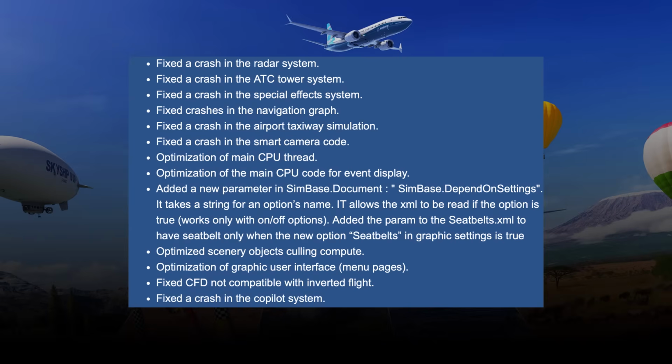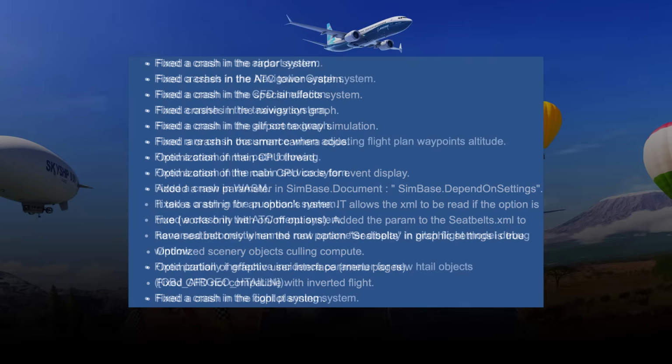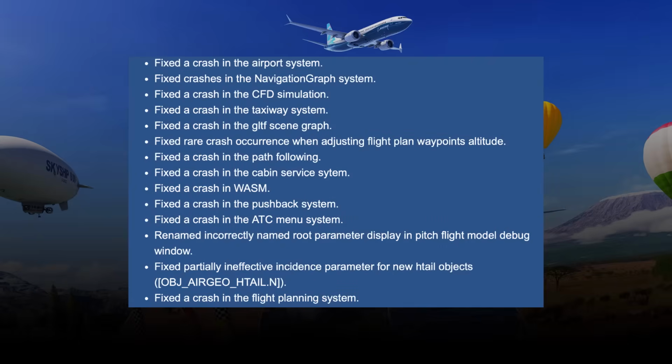Optimization of main CPU thread and optimization of the main CPU code for event display. Optimized scenery objects culling compute and optimization of graphic user interface menu pages. And now we have a bunch of fixes in the CFD not compatible with inverted flight, a crash in the Copilot system, a crash in the airport system, crashes in the navigation graph system, and crashes in the CFD simulation,